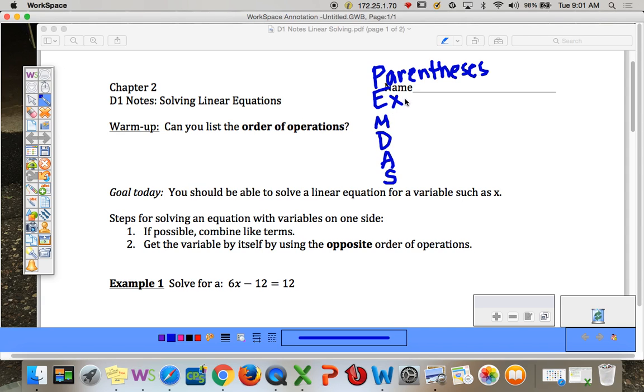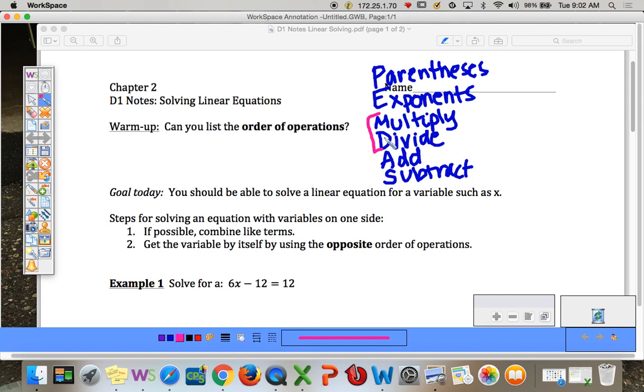And then we have exponents. We have multiplying and dividing. And we have adding and subtracting. Now, multiplying and dividing are really on the same level, and adding and subtracting are on the same. What that means is if you only have multiply or divide left, you go left to right. Same with add and subtract. If you only have add and subtract left over, you go left to right. And they're kind of in the same